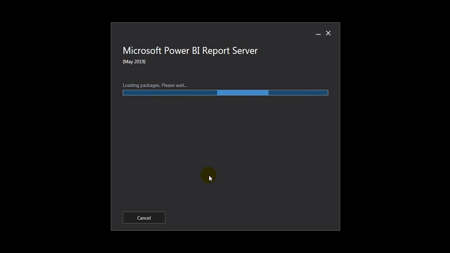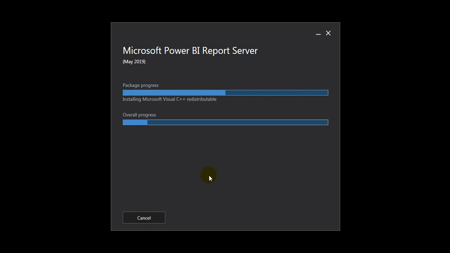Also, the Power BI Desktop and Power BI Desktop Report Server are different products. Don't forget to download this as well. Without this, you can't publish your Power BI reports to your Power BI Report Server. The Power BI Desktop gets monthly updates from Microsoft, but the Power BI Desktop RS gets updated once in four months.